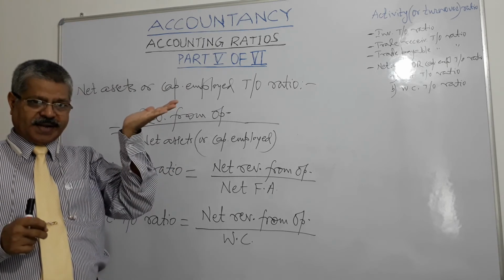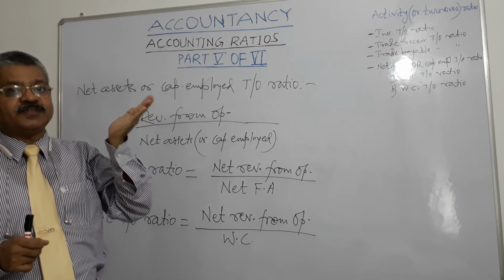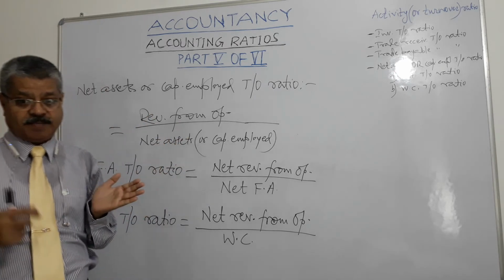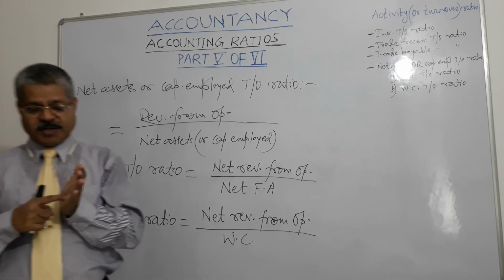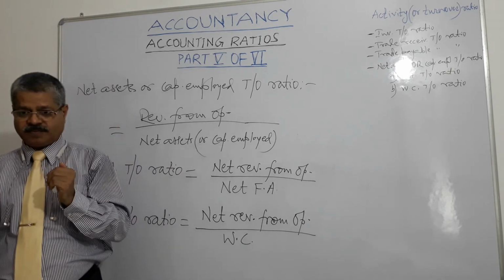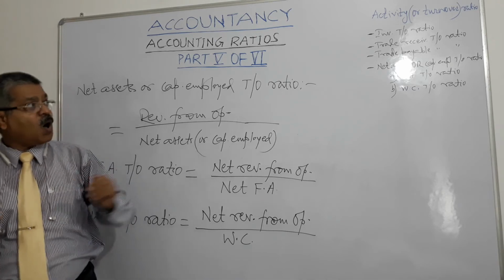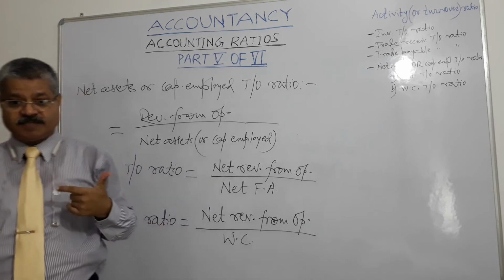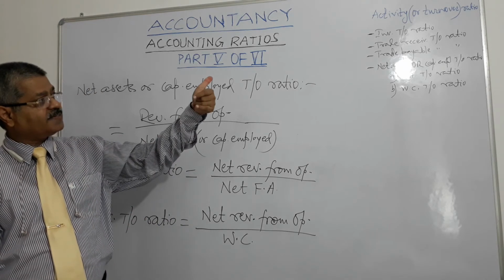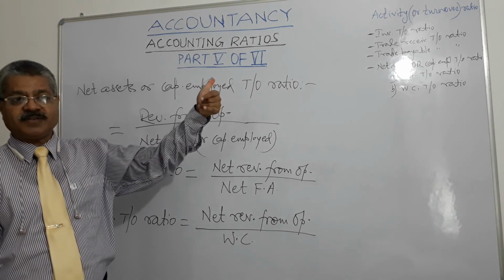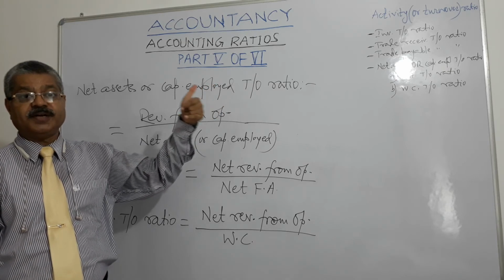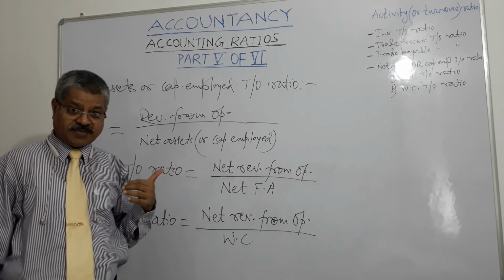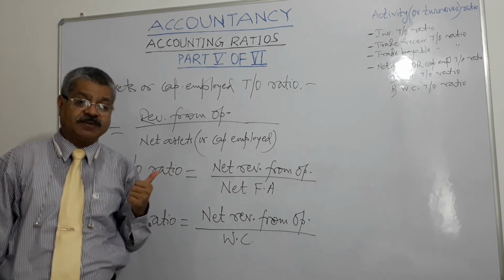A higher ratio indicates speedy collection of receivables and is good for the company, good for the liquidity of the company, right? The liquidity position of a business enterprise depends upon how quickly trade receivables are converted into cash, realized, right? The more delay there is in realization, the more the business enterprise comes into liquidity difficulties, right? It shows the number of times receivables are converted into cash.